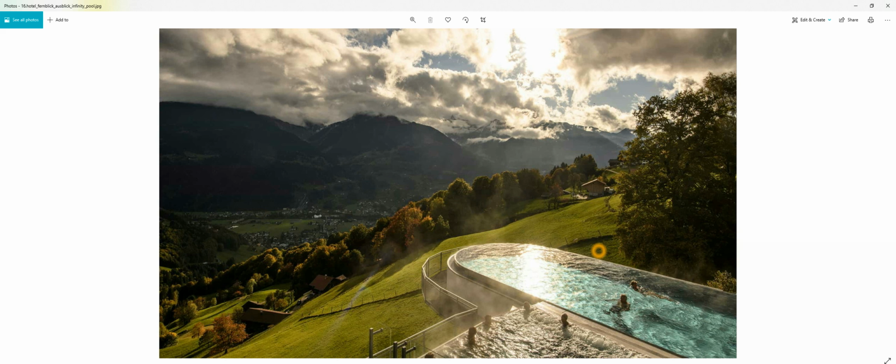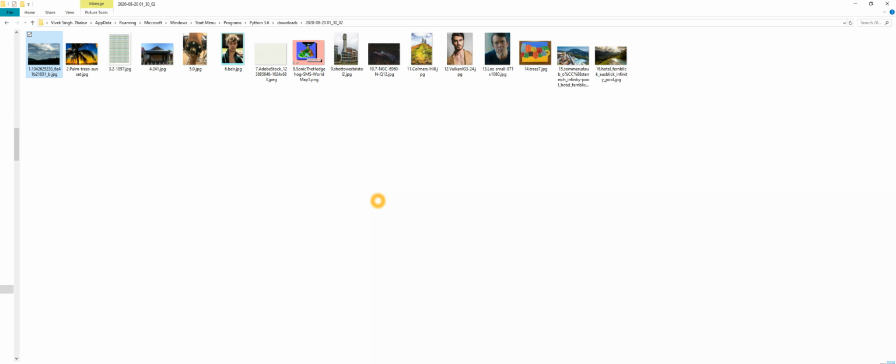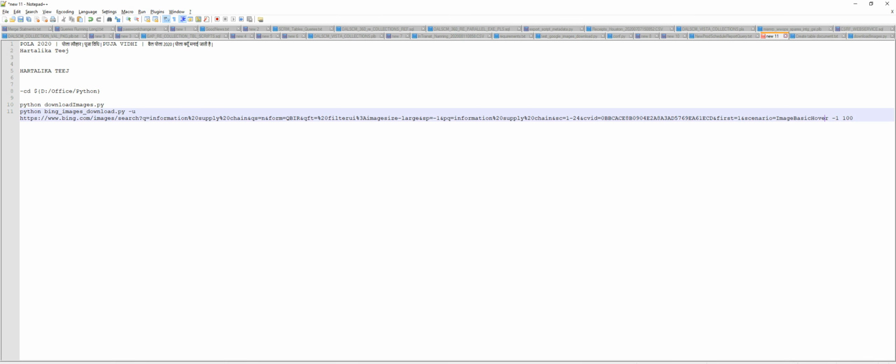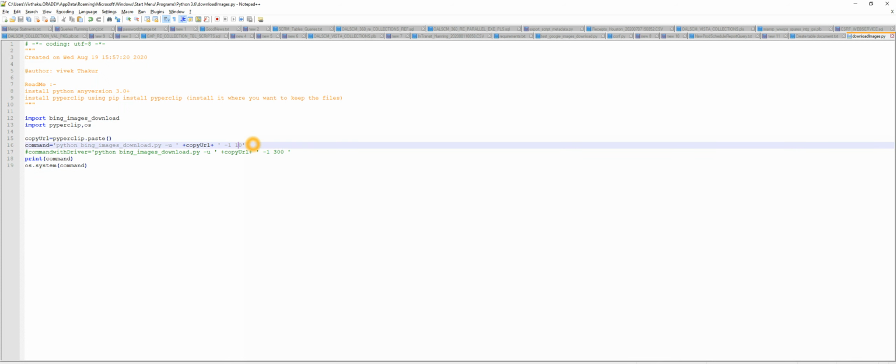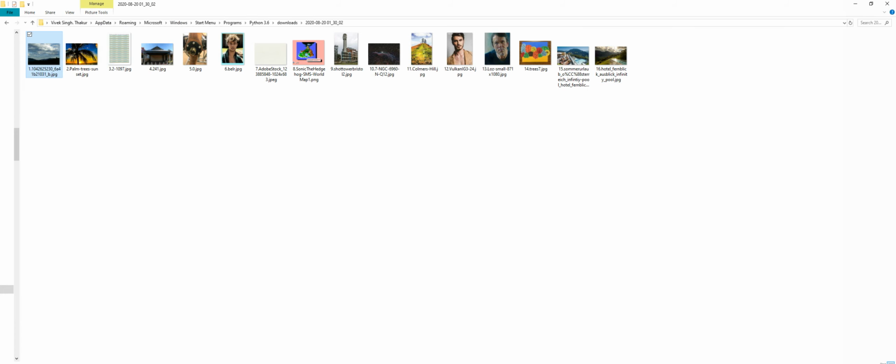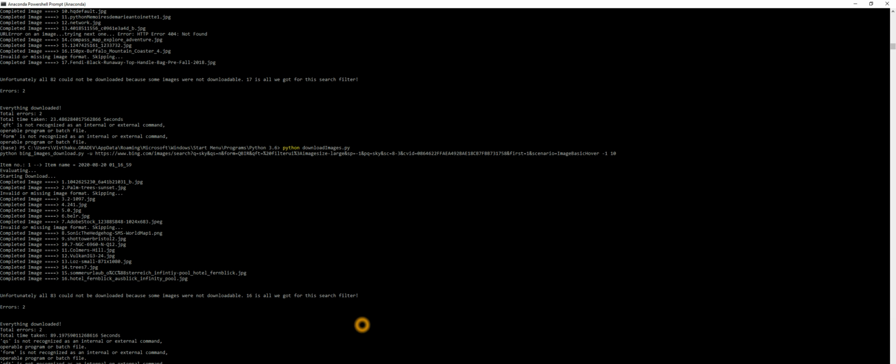So at least 4 to 5 images you are getting, and if your luck is strong, you will get 100 out of 100 images. And I have already tweaked the code here for Python. If you have seen, let me see, like this. Yeah, here you can see, you can put 100 here. And if you want more than 100, you have to install Chrome driver. For that, I am not giving you that right now. It's a simple one which we are going to use, and I hope it's okay for you.